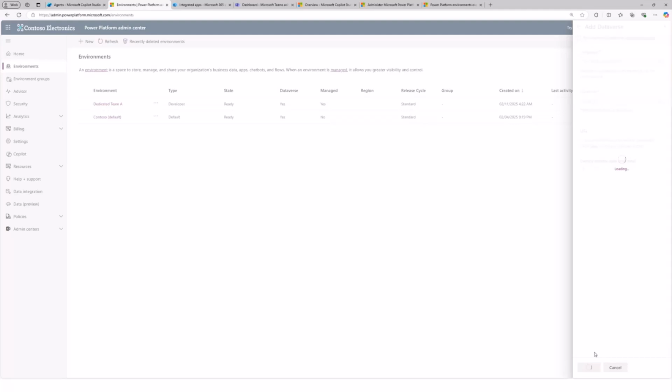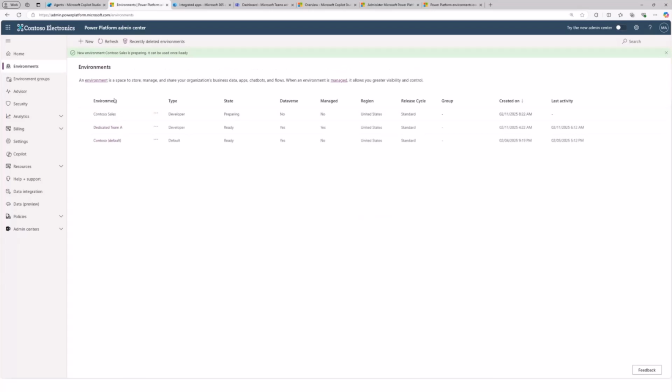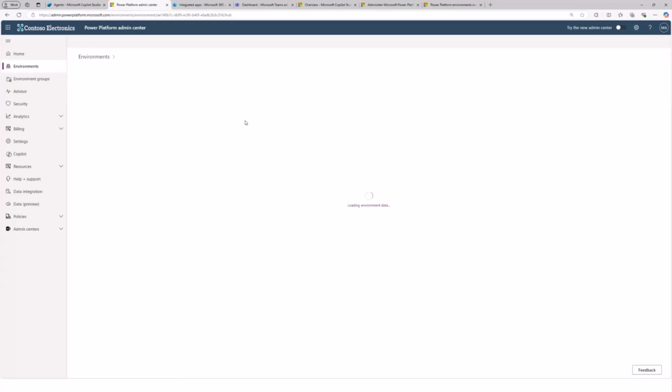Now, for instance, anybody can create those environments, right? So now you can have a lot of environments, and it's not unusual in an enterprise to have a lot of environments. Now, as an admin, how do you manage those environments, right? So once you create those environments, you can go ahead and click on those environments, and there are many things that you can customize in that environment.